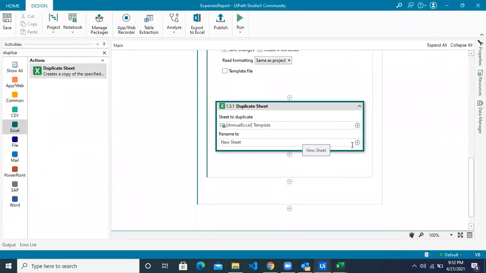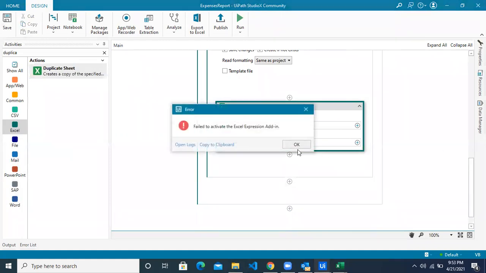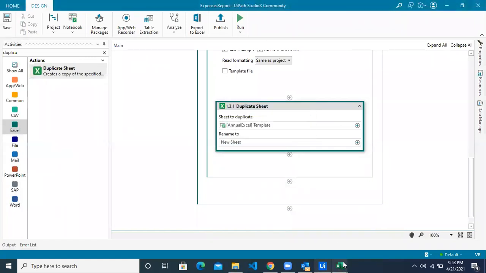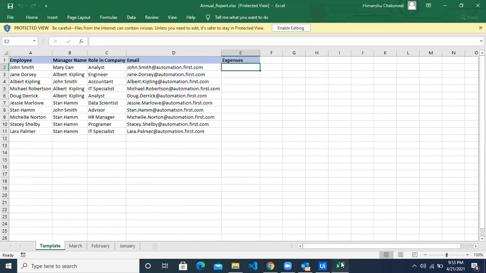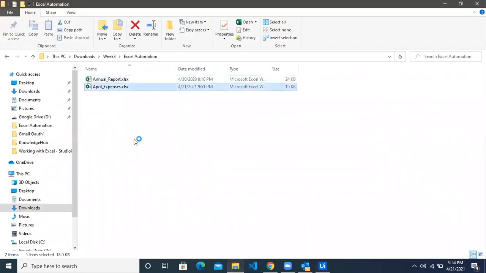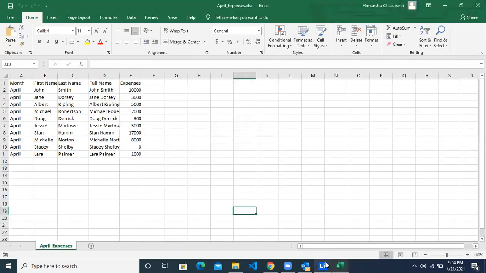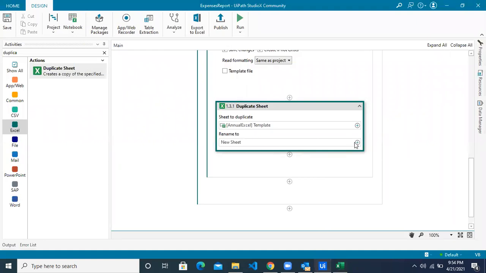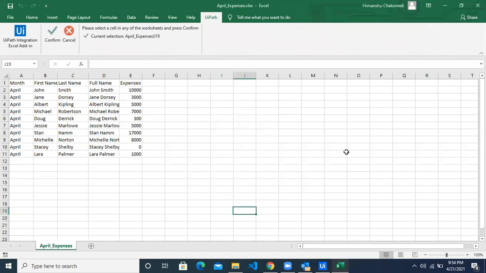Go back, rename it to, click on the plus button. Now from the April expense, indicate in Excel. There you go. Let me just close them again. This may happen sometimes. So there I go, rename it to, click on the plus button, April Excel, and indicate in Excel A2 cell, right?